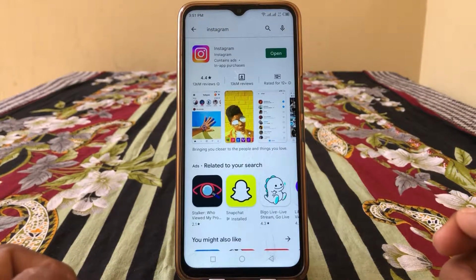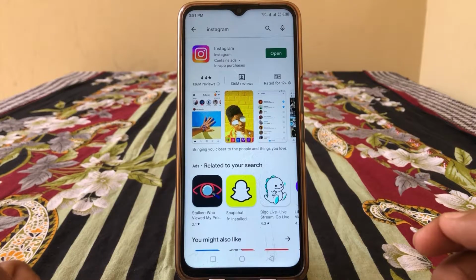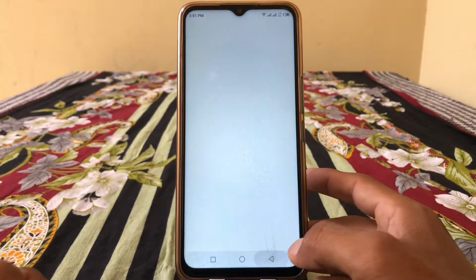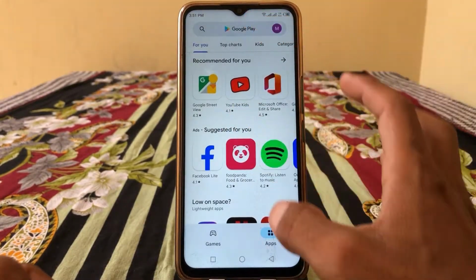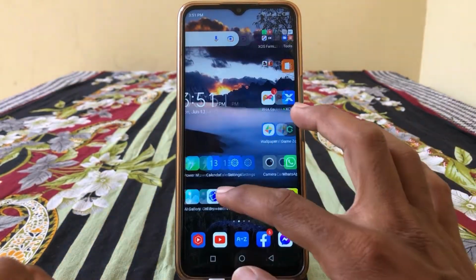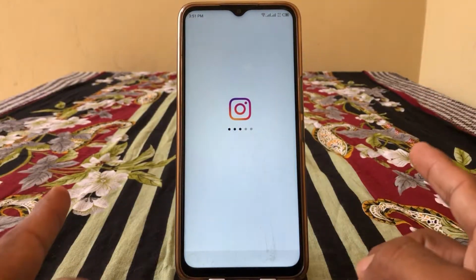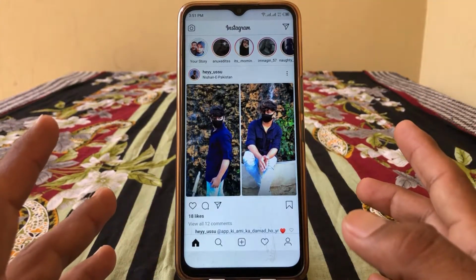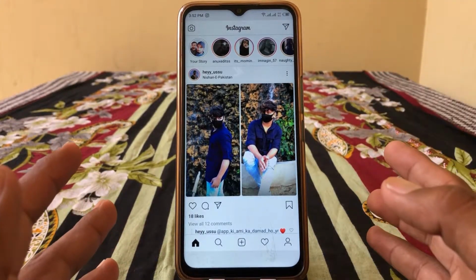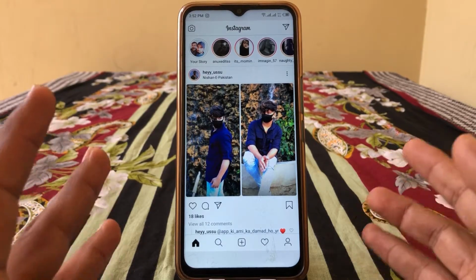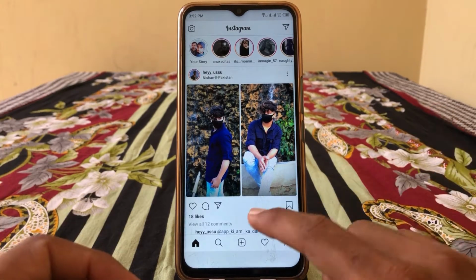So here you can see I have an updated version of Instagram, and after that what you have to do is just simply install Instagram Lite. So I have already installed it and opened it, and from here you have to log in to your account in it, and you have to check whether your views are showing or not. If the views are not showing, then what you have to do is just simply